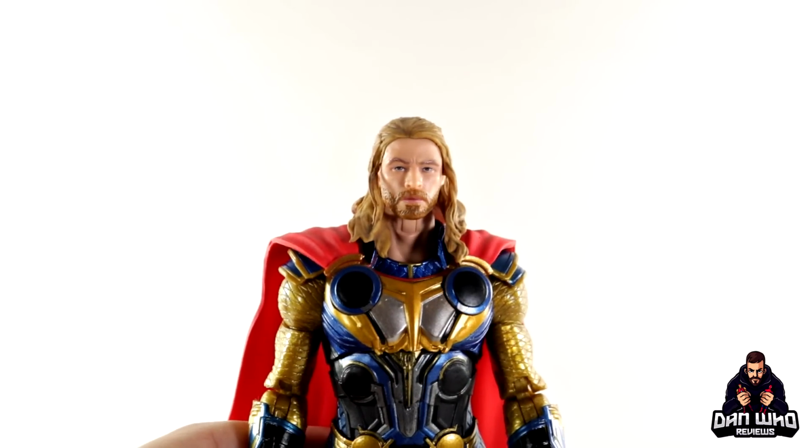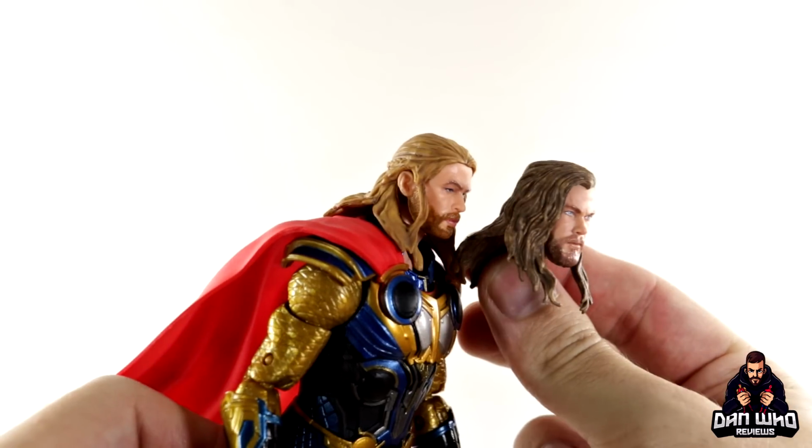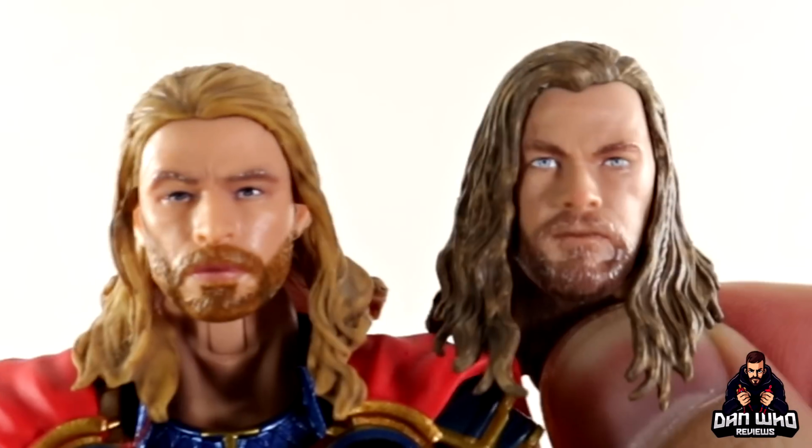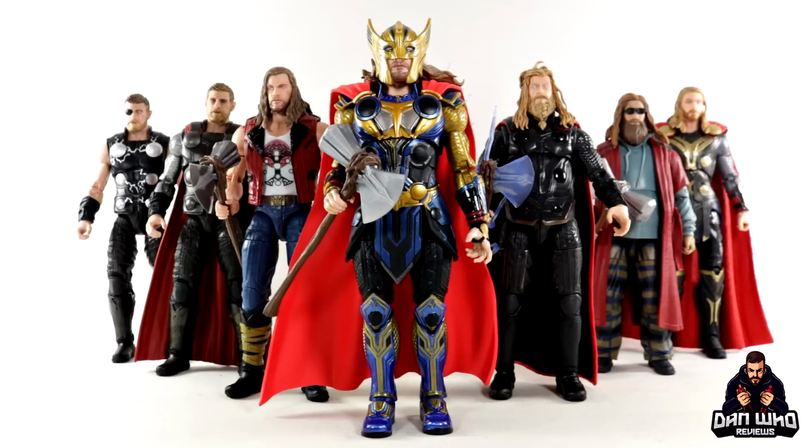But again, you have your options all the same. But yeah, this one is definitely the best Chris Hemsworth we got. Even the hair is a bit darker these days. But yeah, it's all in the eyes. He hypnotizes you. And here we have Thor compared to Thor, compared to Thor, compared to Thor, compared to Thor,